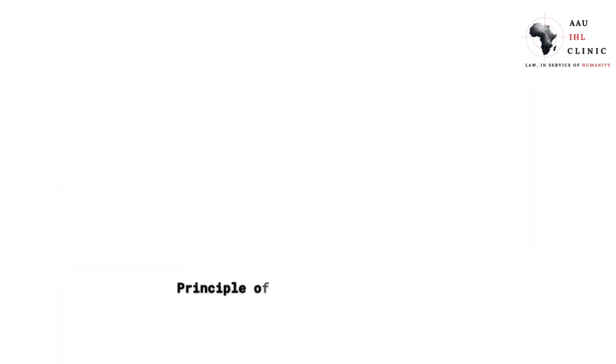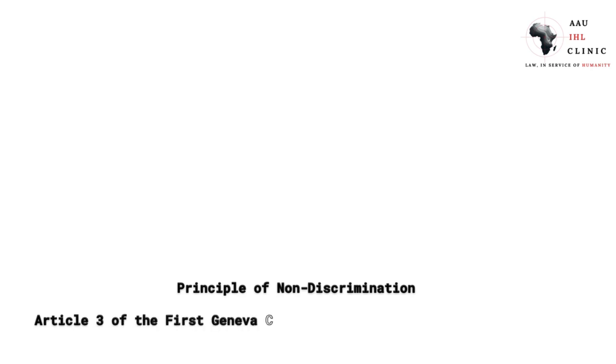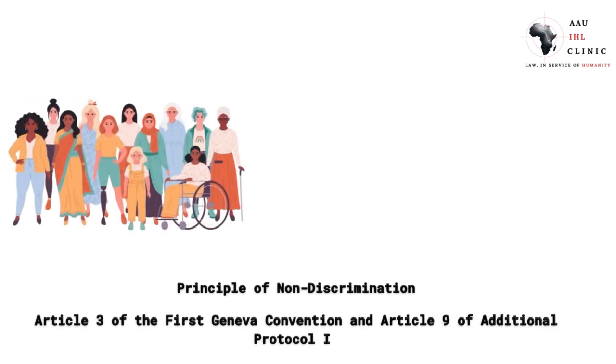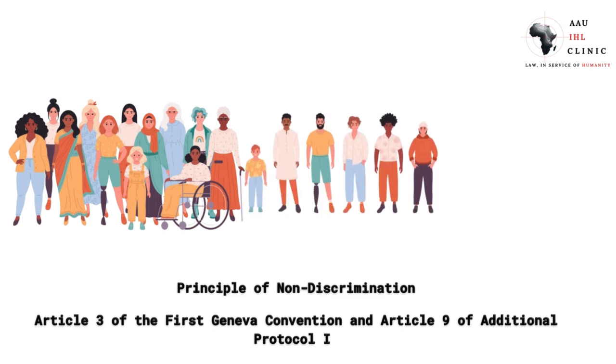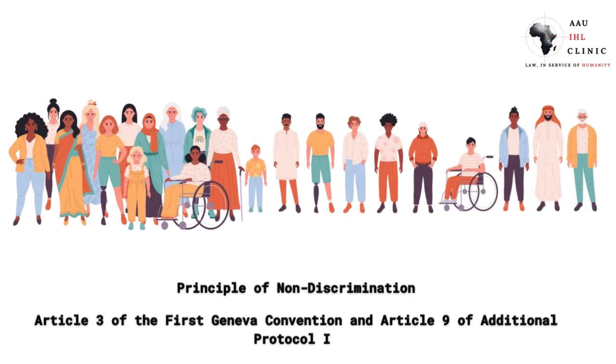Finally, we have the principle of non-discrimination. This principle is enshrined in Article 3 of the First Geneva Convention and Article 9 of Additional Protocol 1. It dictates that IHL must be applied without adverse distinction based on race, nationality, religion, gender, or any other similar criteria. The goal is to ensure equal protection and respect for all individuals affected by armed conflict, upholding the core